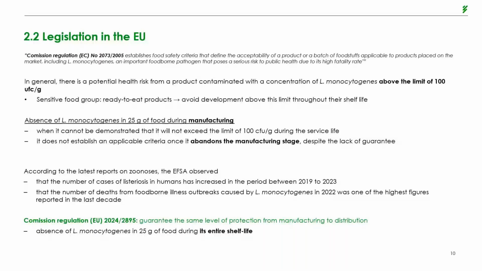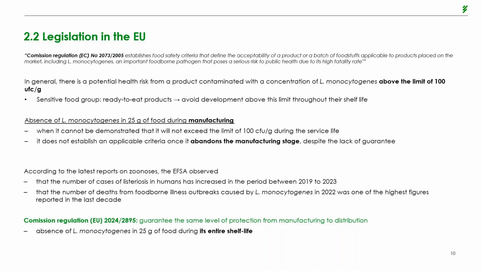However, we are just talking about the manufacturing stage. This is all during manufacturing. This regulation 2073 does not establish a criteria after leaving the immediate control of the manufacturer, although it is not possible to guarantee that during the complete shelf life of the product, the limit of 100 CFU per gram will